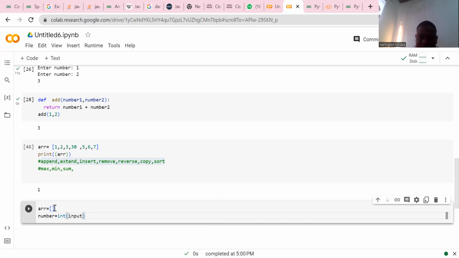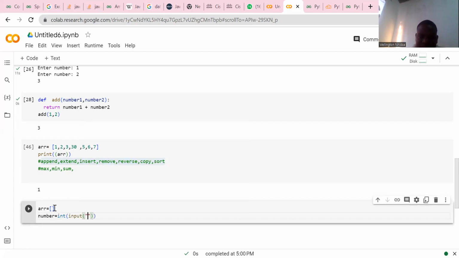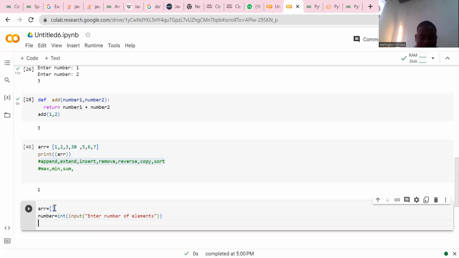So this we will do as it is a row, and we do by creating a function. Say input, enter number of elements. So this is it. So when he enters the number of elements that you want to put in